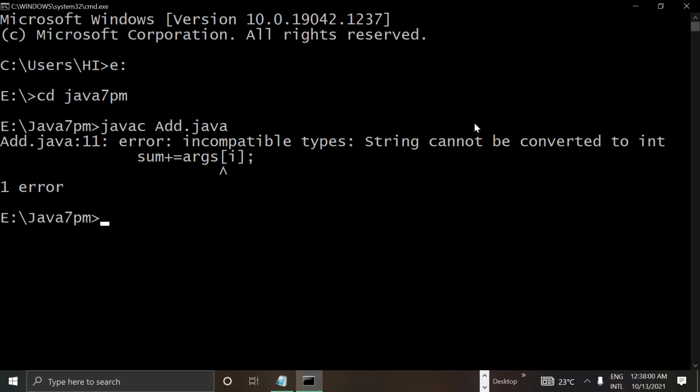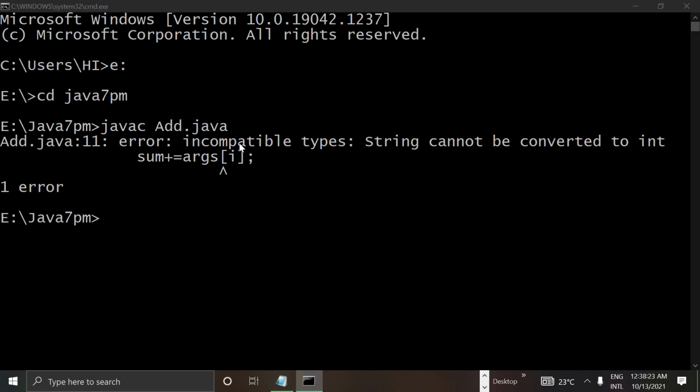It shows an error at line number 11: incompatible types, string cannot be converted into integer. It is saying sum plus equal to args of i: sum is integer type and here it is string type. So we have to typecast this string into an integer using the Integer.parseInt method.